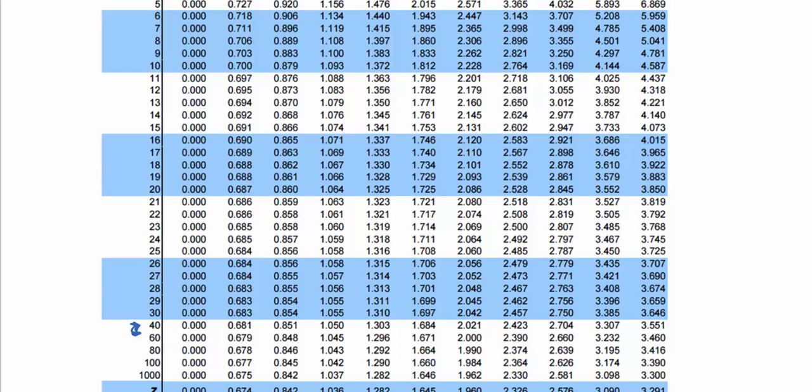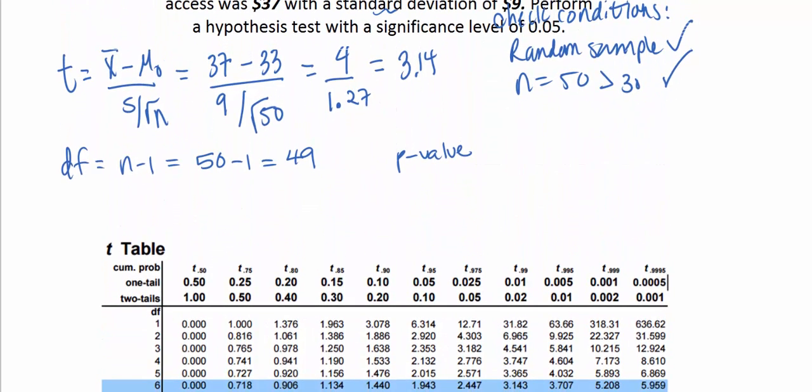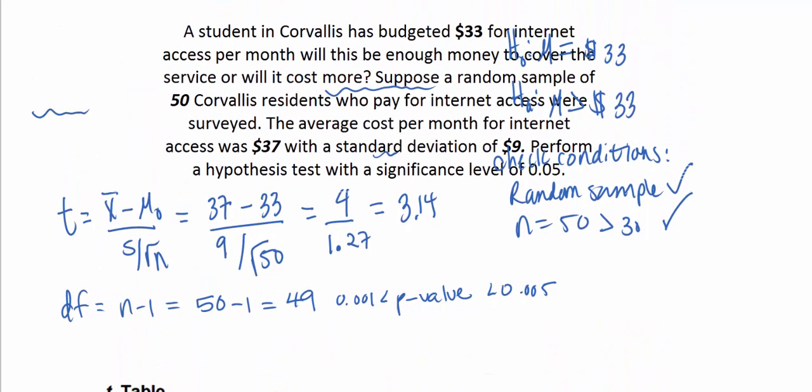So it's imperfect, but we'll go to the 40 degrees of freedom and scroll across the row until we find our test statistic of 3.14. And we find that this falls between 2.704 and 3.07, falls between these two values. So if we scroll back up, we can see that we did a one-tailed procedure, so our p-value is between these two values. So our p-value will fall between 0.005 and 0.001. So it's a really pretty small p-value,